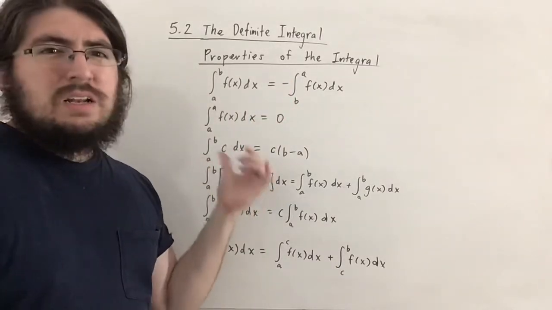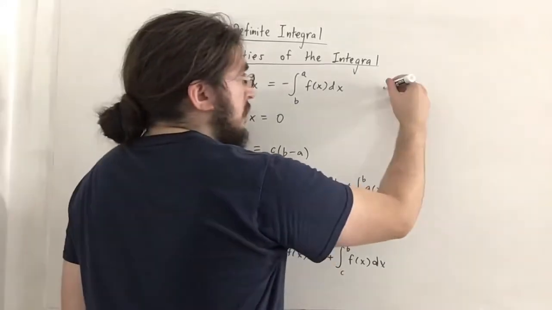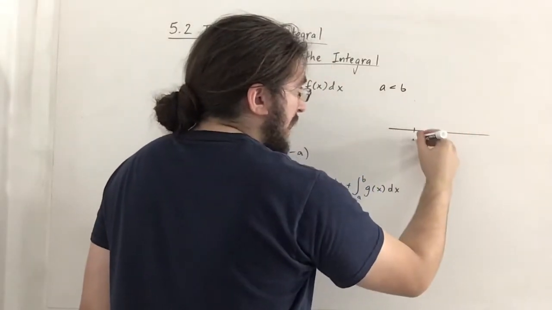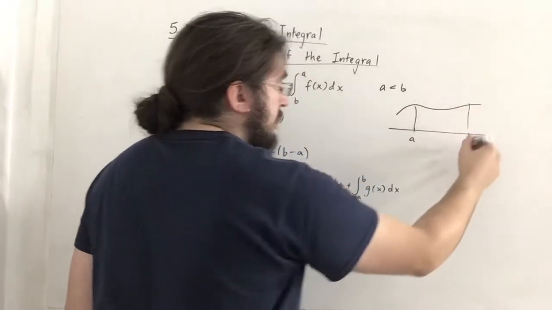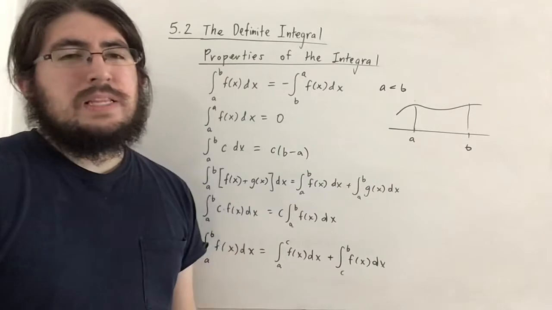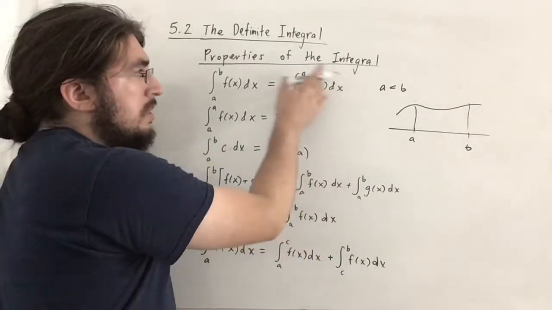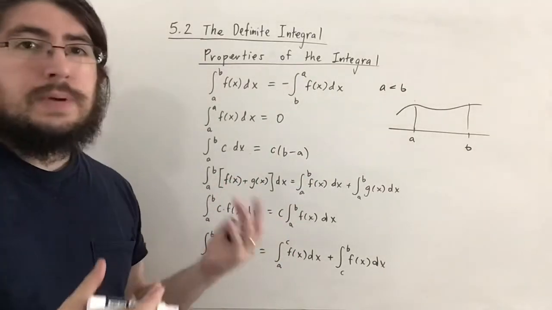Now this is a little hard to show visually, but normally we consider a to be smaller than b. So we're going from x equals a to x equals b under the curve like this. But what if we wanted to go from b to a, would that necessarily mean that the area is negative? Well, kind of actually, because notice that this integral is defined on a limit that's basically dependent on delta